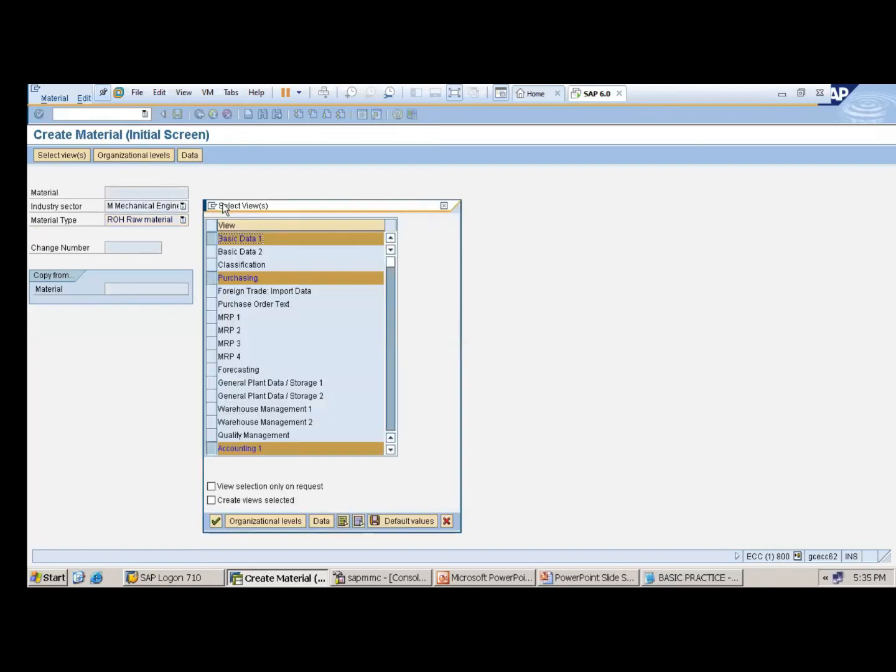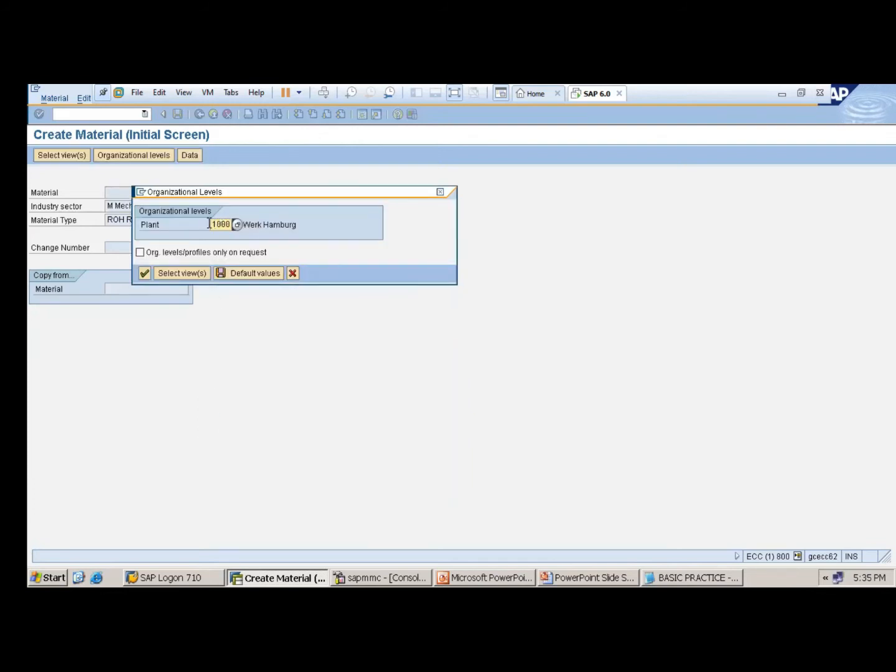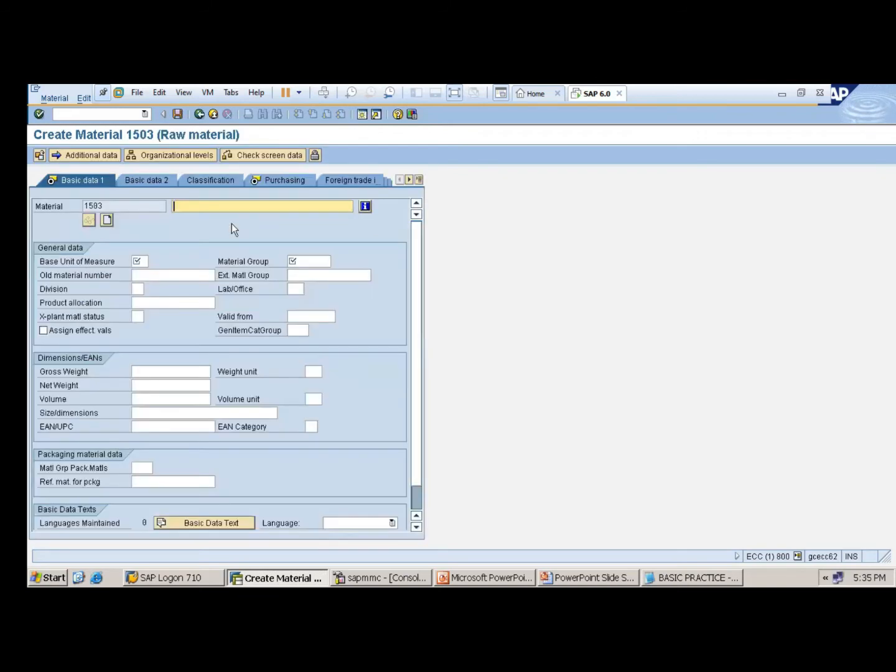Press enter. So I can take basic data, purchasing, accounting, enter, use plant 1000, enter. I can take "test" for the test material. Base unit of measure, either kg, each, piece, whatever you want.